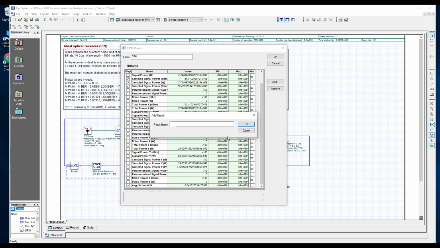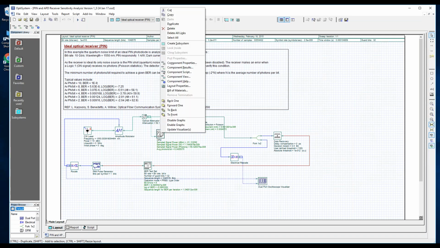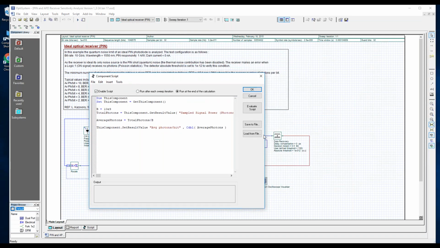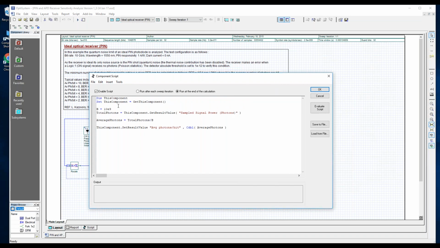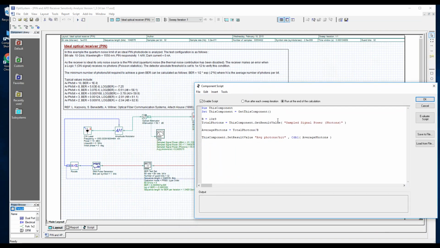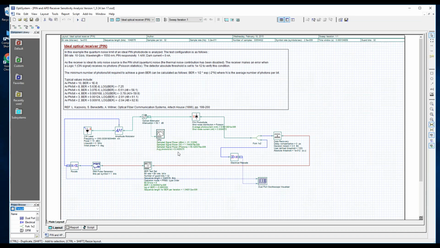If you click Add, you can write in a result name, and then you can give it a value by using that component internal script. So if I go to the component script, you'll see that using the bit rate and the total photons that has been gathered by this power detector, which is an already stored result, you can calculate the average photons per bit, right? So you can calculate your own little results here to display that will automatically